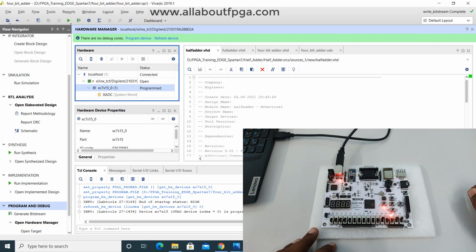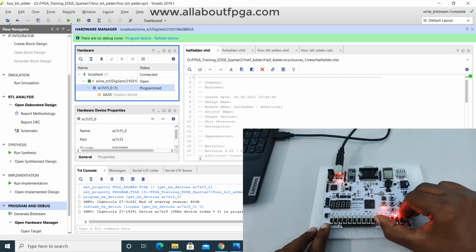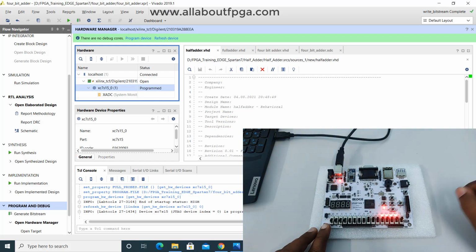If all the inputs are high, so only that S0 is low, remaining are high. If I make that carry in as high, that sum 0 also glowing. That's all.